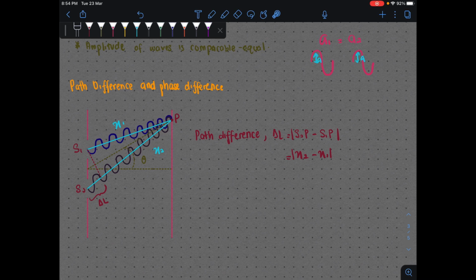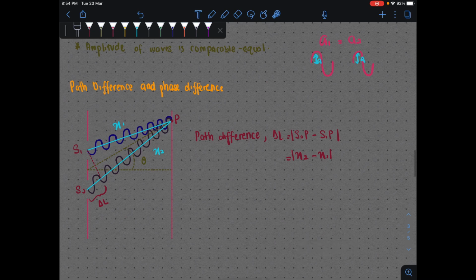So the same thing is going to happen when the waves travel, they will also have a difference in phase, which we call phase difference between the waves. So let's say you have from wave